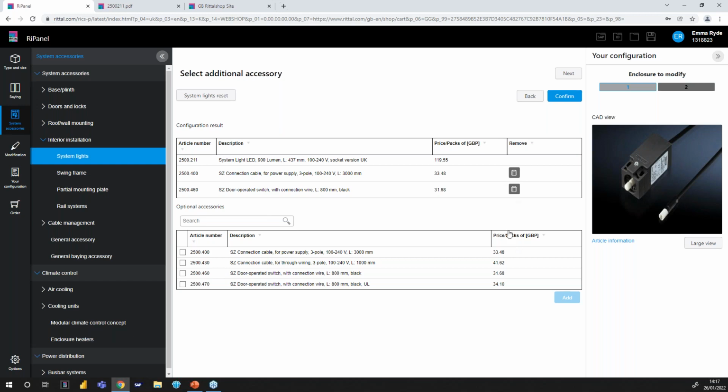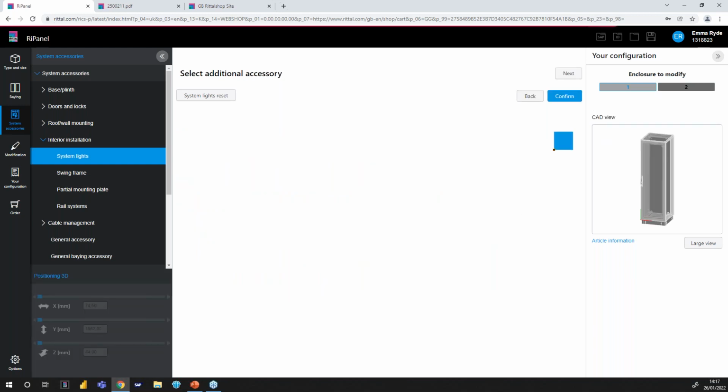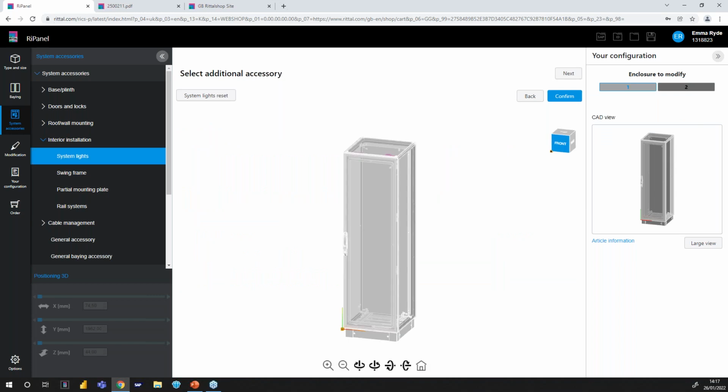Again, if you get to the end of the configuration and you're not happy, you can delete it and go back into this to change potentially, like I said, cables or lights itself. So we're going to confirm that. What it then wants to know is where do we want to fit this? Now, depending on how you're going to use RiPanel, some people may just want to use this in terms of